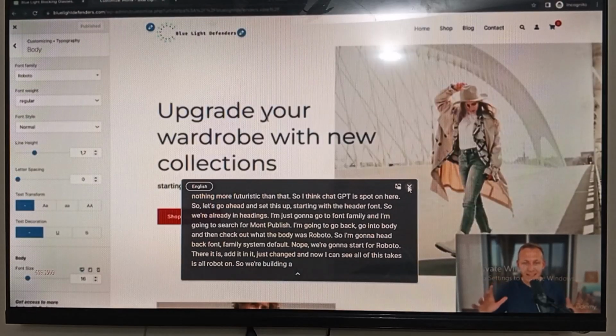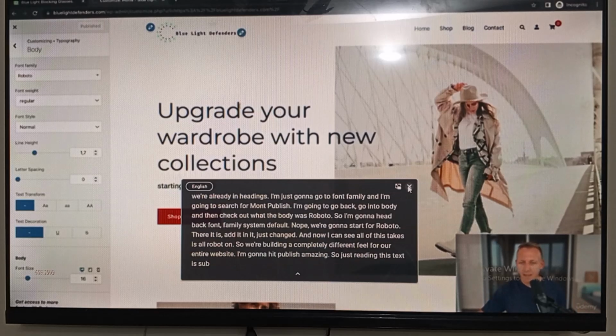So just reading this text, it's subtle, but it's yet so clear. The menu has a different font, heading, everything. And the more we dive into this, the more you're gonna notice, especially with blog articles, your fonts make